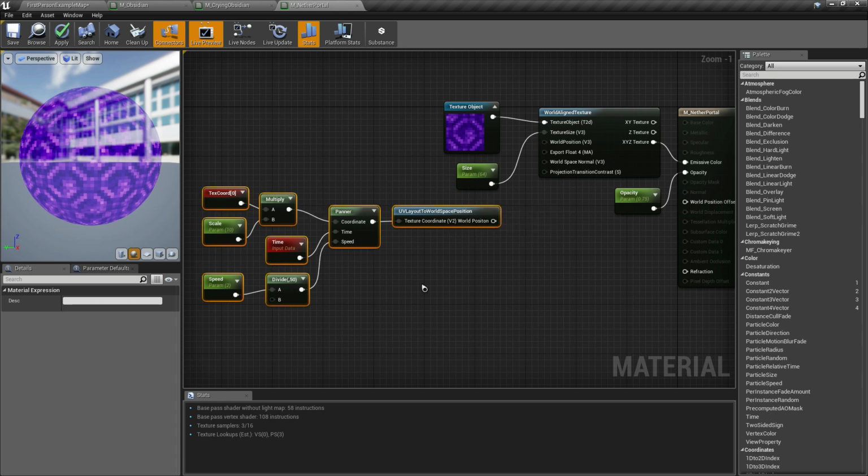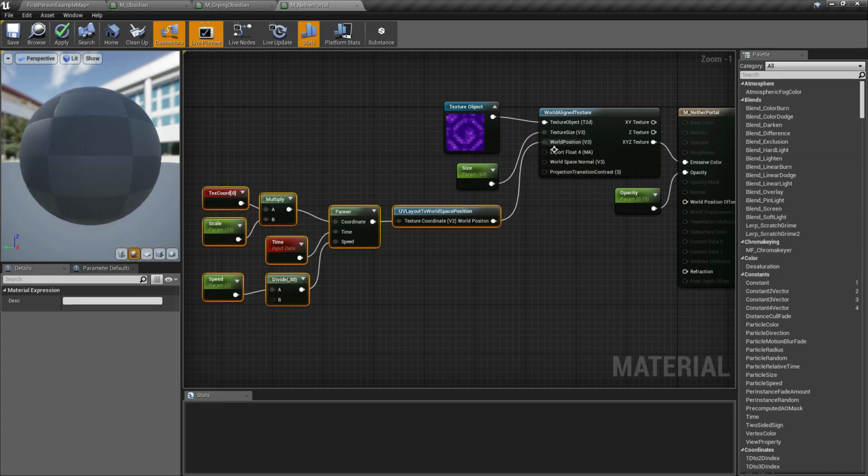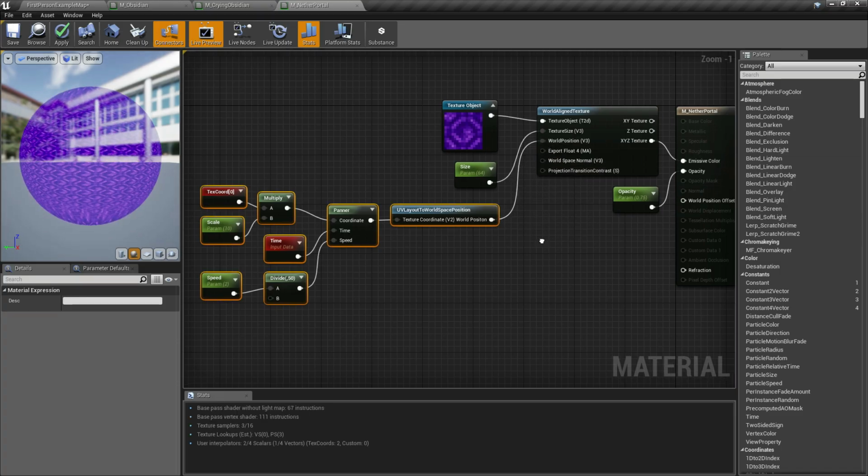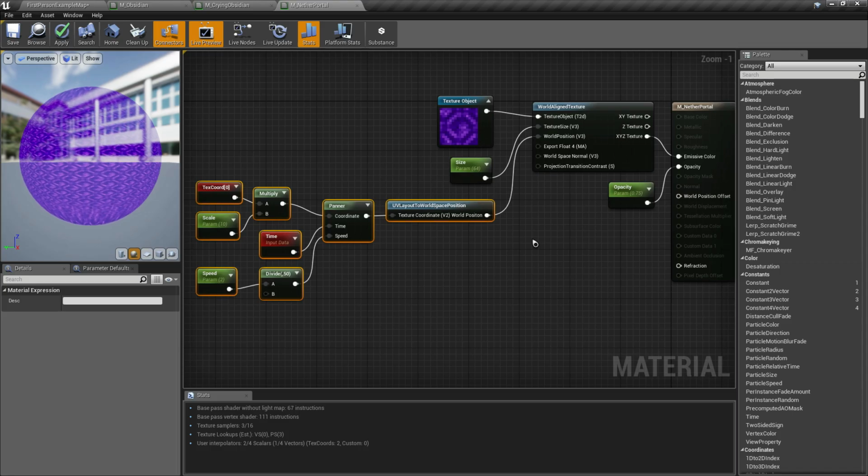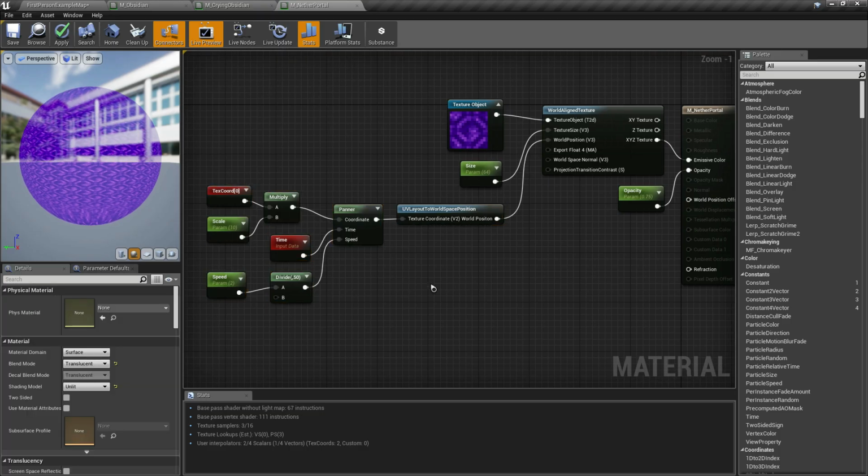Just move this group a little bit, and we're going to connect this UV layout to world space position to world position. And as you can see, the animation is restored.